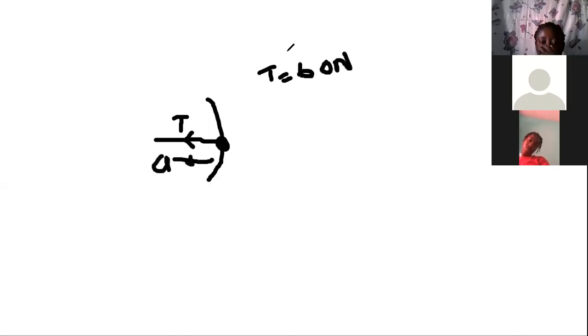If the object was moving, we are given that the tension equals 60 Newtons, and our acceleration is towards the center. If this is equal to 60 Newtons, then the cord will break. Then what is the velocity the object will have? So from Newton's second law,